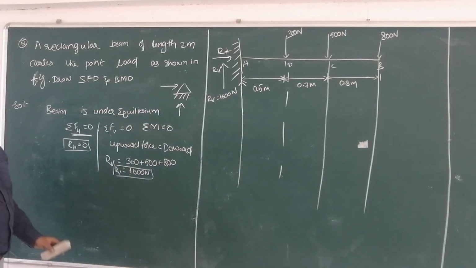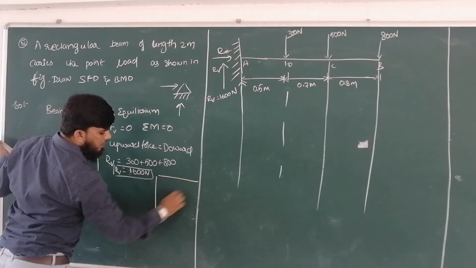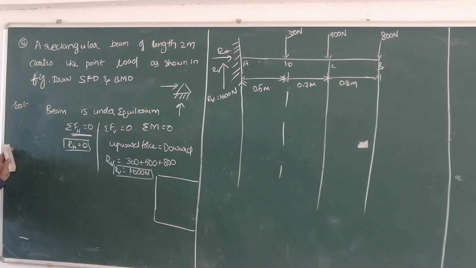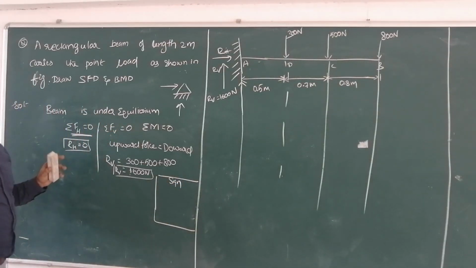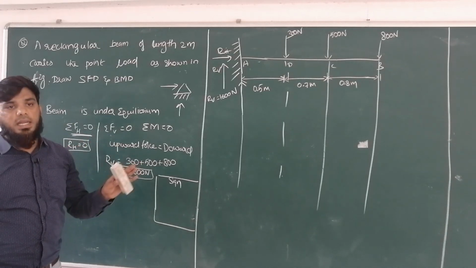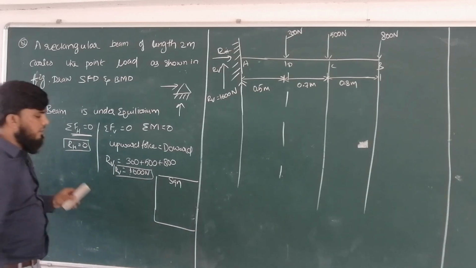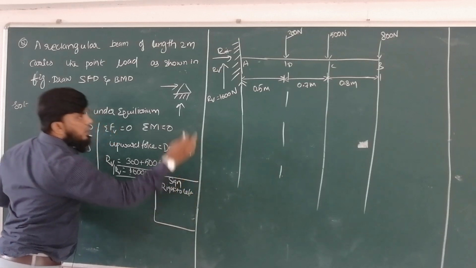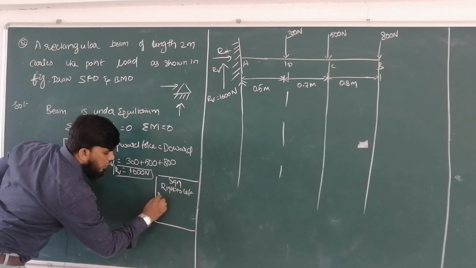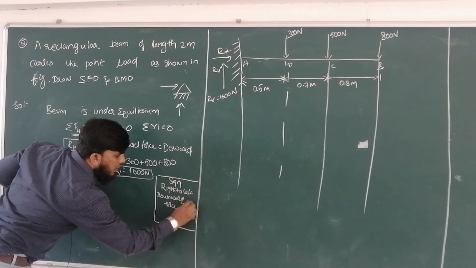Before going into the shear force and bending moment diagram, we have to write the sign convention. I will keep the sign convention separately in a table, which will be repeatedly used by us. We have two methods: one, when we are solving the problem from left to right, another when we are solving from right to left. Most of the problems will be solved from right to left. When you solve from right to left, the downward force should be taken as positive.